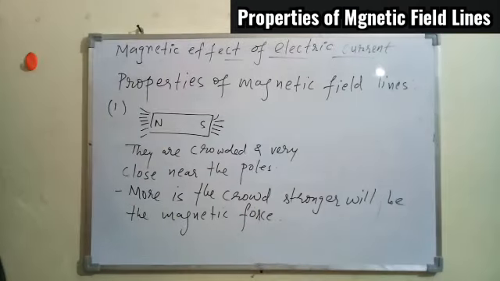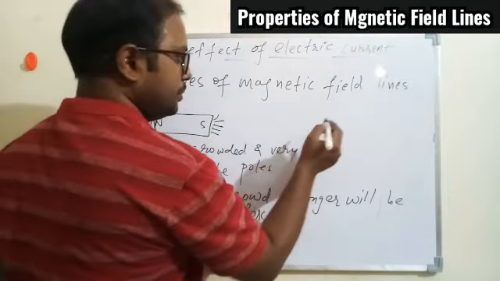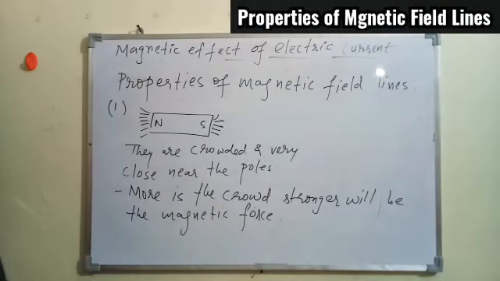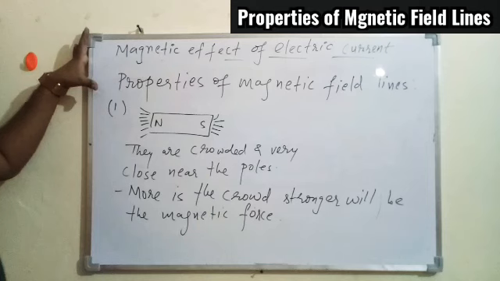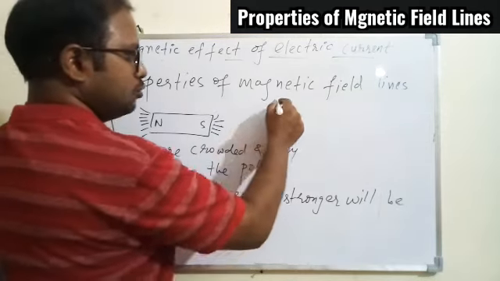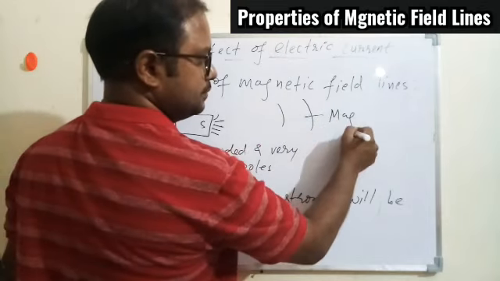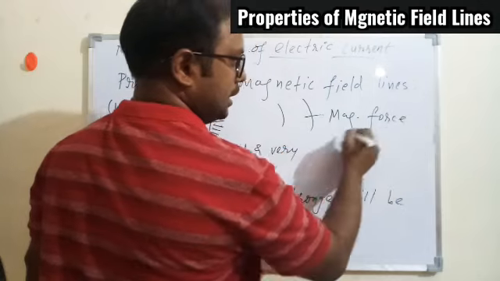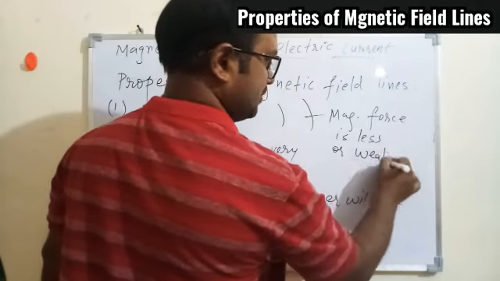So that is what we understand with the help of the magnetic field lines. And if you see the magnetic field lines, after some distance, what happens? They get separated, so the crowd is not that much. If you start moving away from the magnet, the magnetic field lines will be quite at a distance, and it is understood that the magnetic force at this point is less or weak.